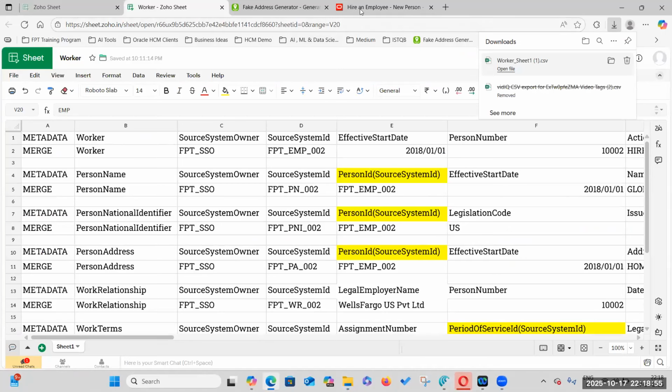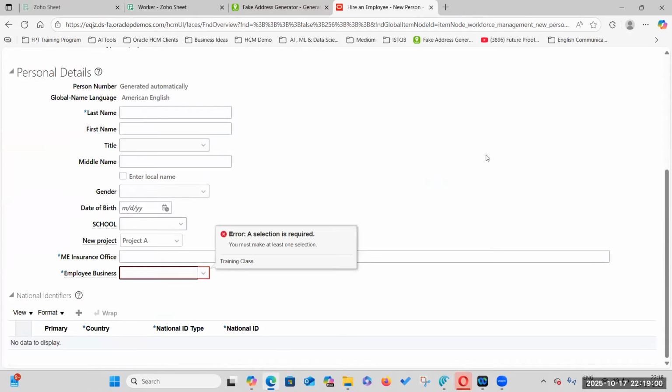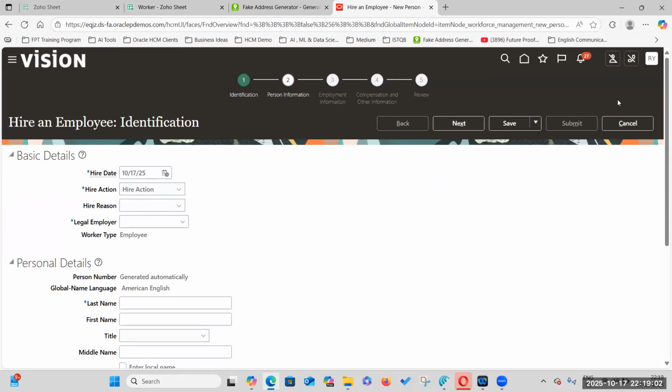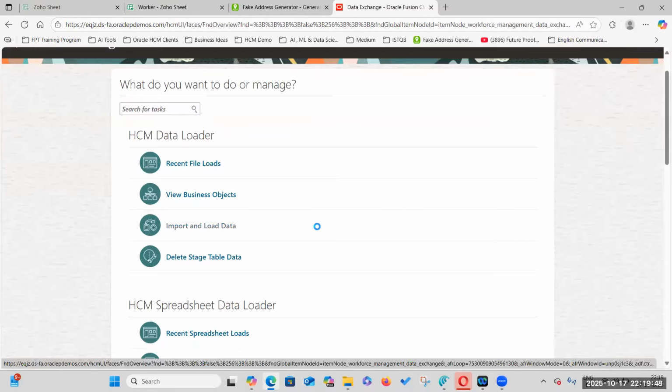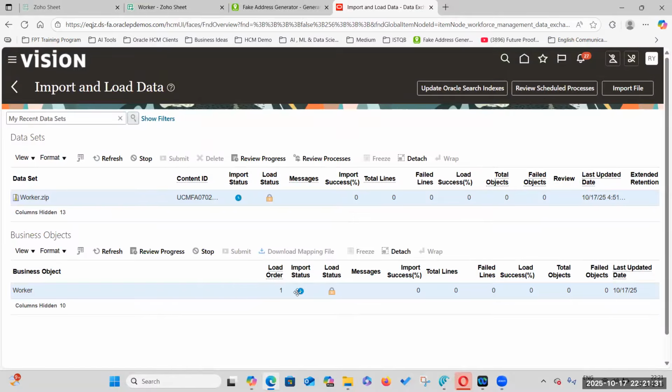Convert the dat file to a zip file and go to here. Go to My Client Groups, then Import and Load. Now we will load our workup dat file. It is very easy to rectify if the file failed in the import status, because those are syntax errors. It will straightforwardly say this was not correct, this was not correct. If it failed at the import status,